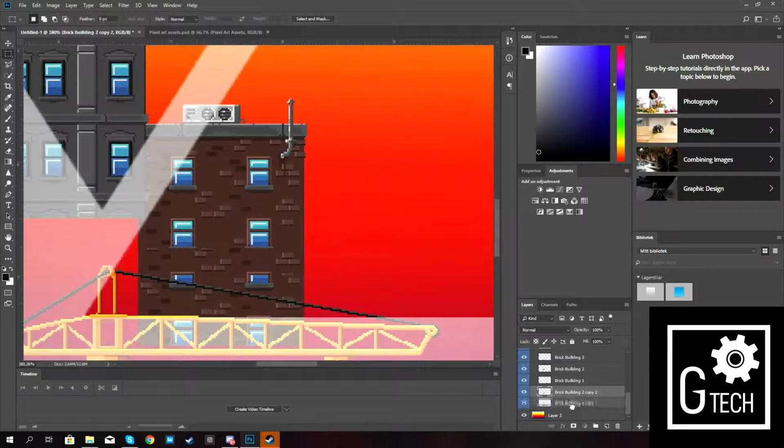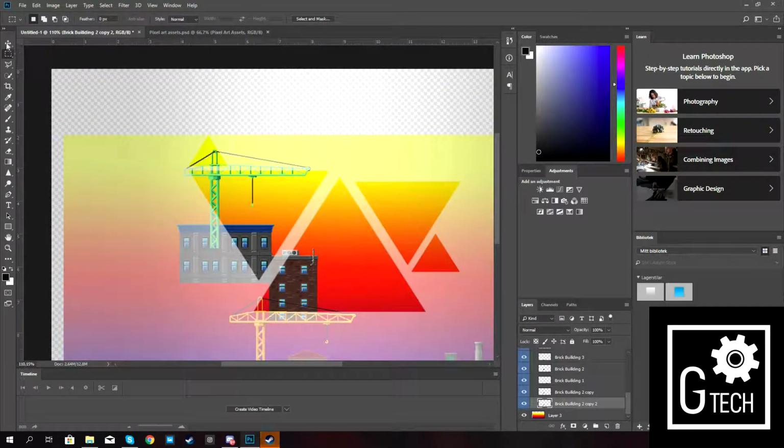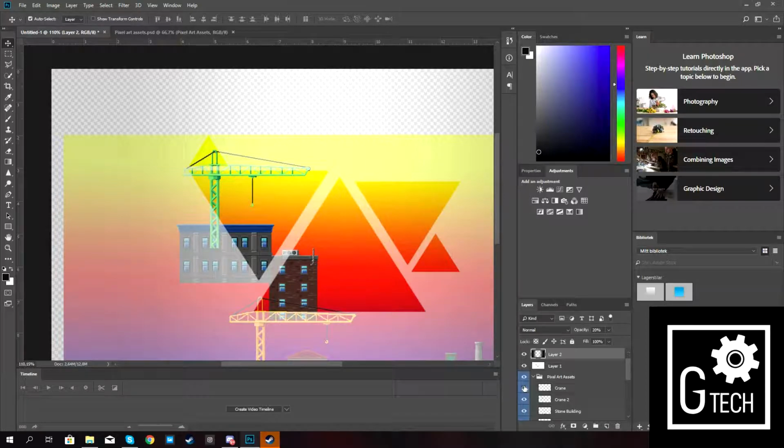Put this down on another layer. There we go. Now that looks fine, I think. I'm pretty sure I like that. Just gonna deselect this so we don't see that. That might be ugly. I'm gonna do the same thing with this picture, the big one. So what I'm gonna do is find the big building. Here it is. So copy this